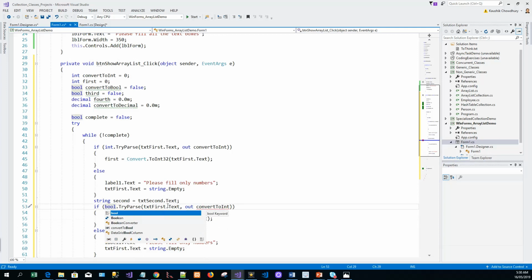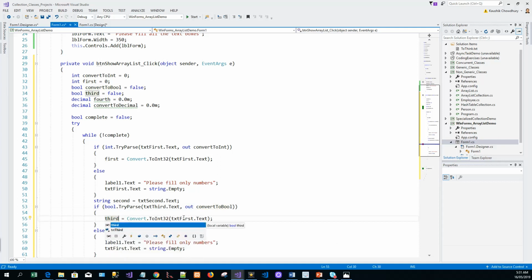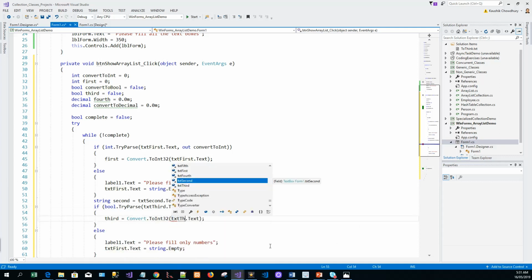So this will be txtThird dot text, and out this will be convertToBool. Okay, so I will pass the result to convertToBool variable, and then it will be third. So bool third equals false. The third will be now set properly out of this block, and this will be txtThird dot text. Else,